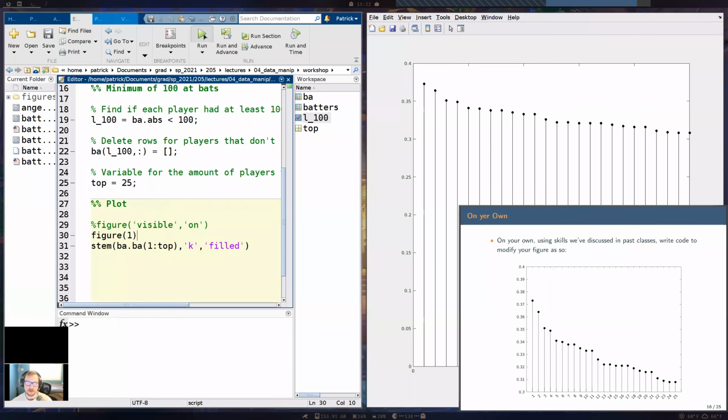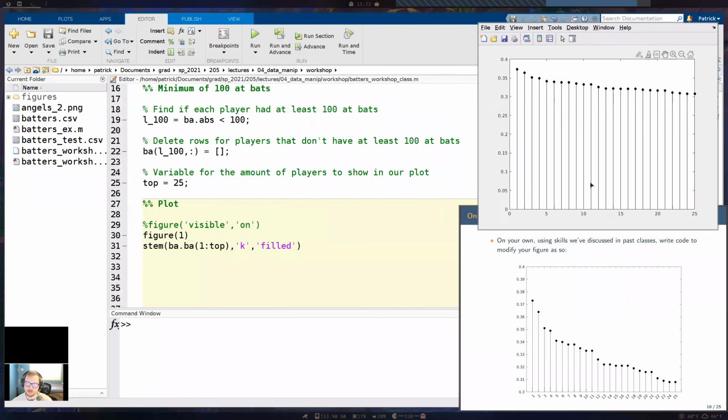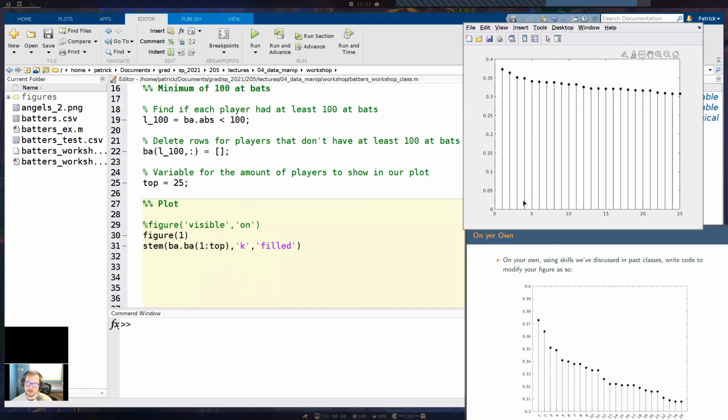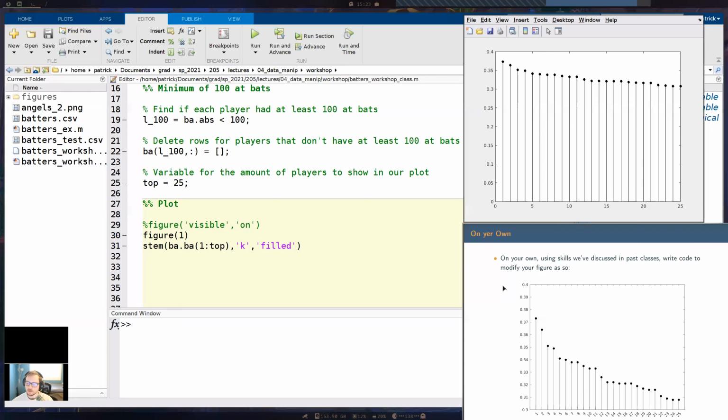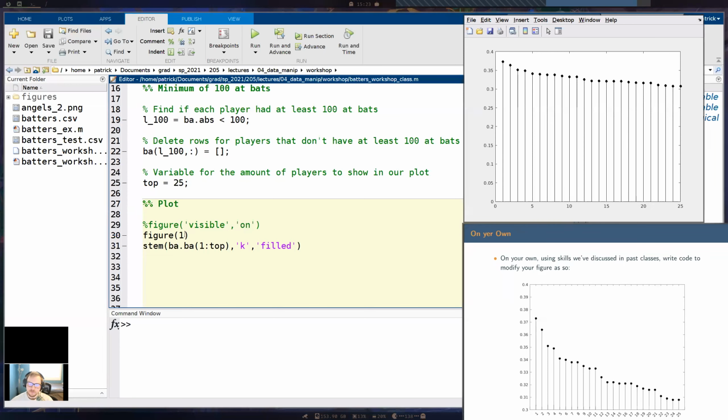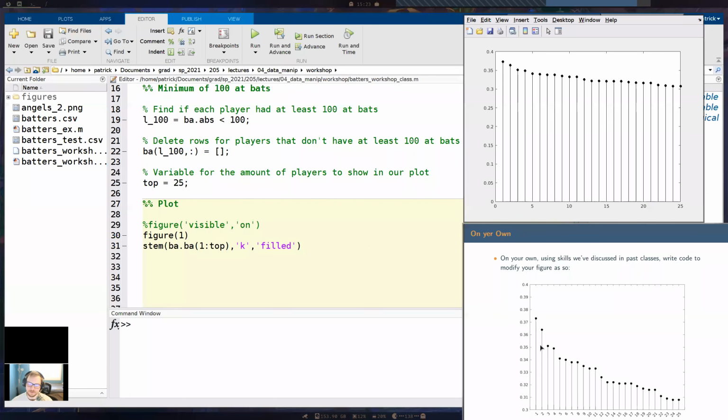And if I keep running it, you see it's not making a whole new figure, it's just updating this figure, which is a lot more convenient. So I'm just going to leave this over here so we can keep running our code and updating that. If I add visible and then on, then there's an error, of course. Kind of weird.